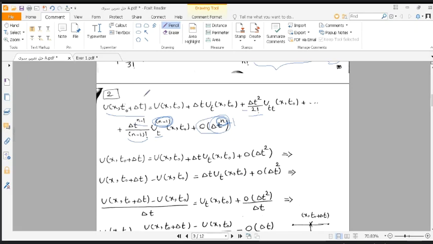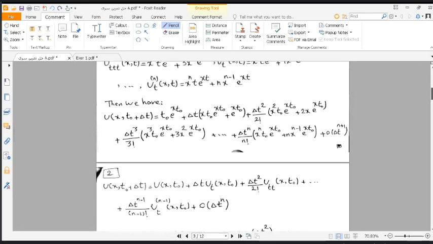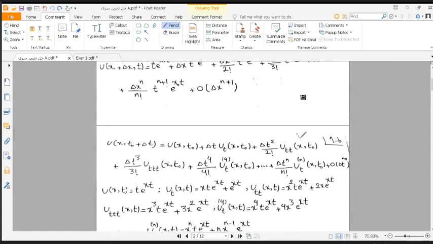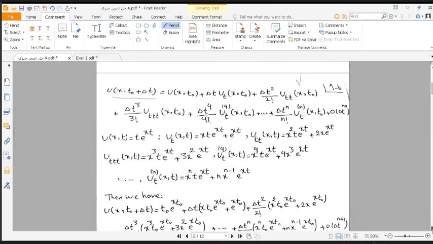This is the Taylor theorem. Do you understand question 1? Yes. Question 2 is similar to question 1 part B. u(x, t0 plus delta t) and the right-hand side is similar to